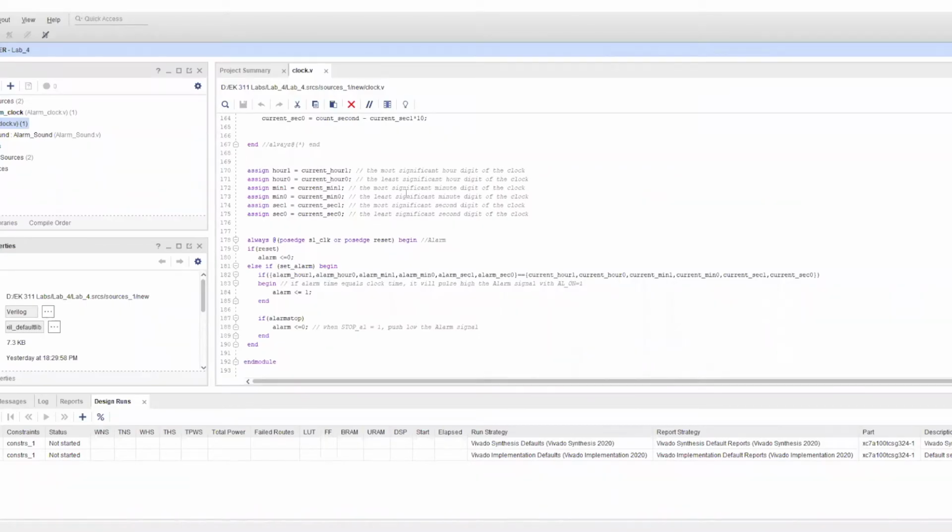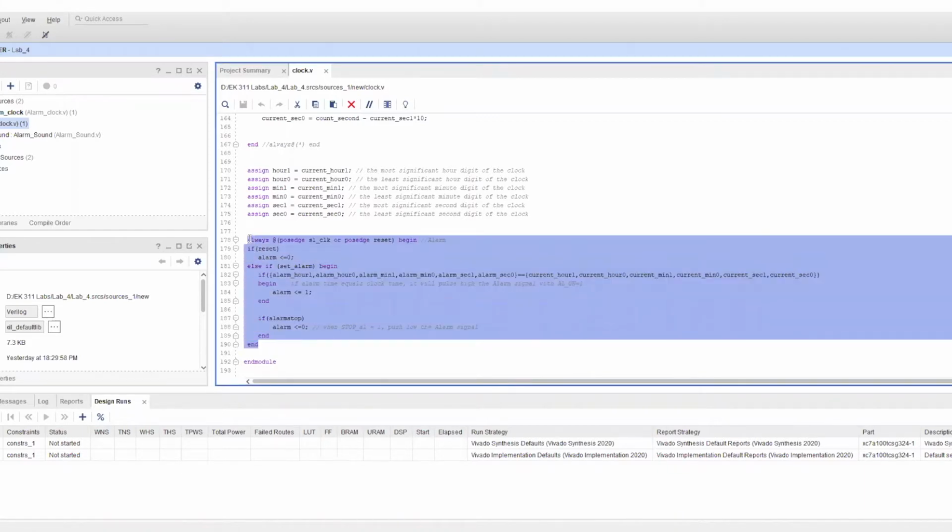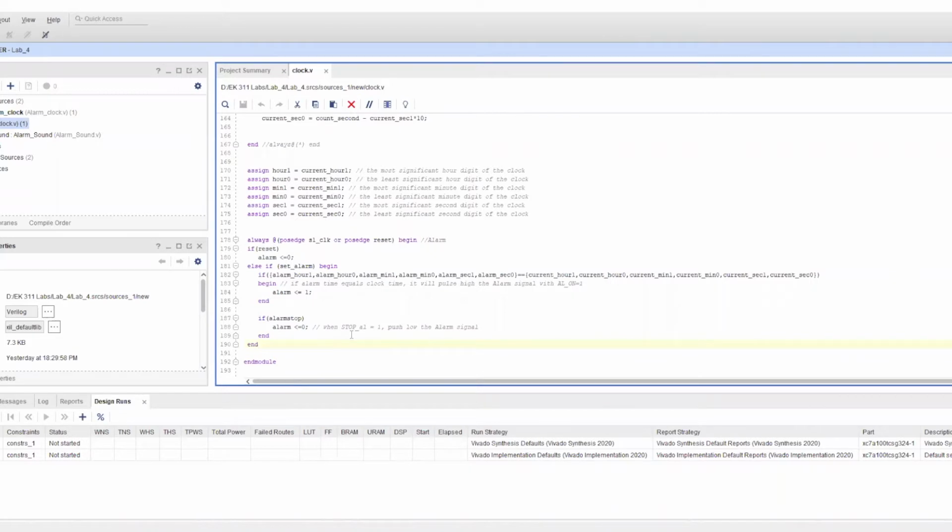All right, for my part, I'll be speaking about the code for the alarm. Over here in this section, we have a simple block for the alarm where if the reset is on, then the alarm would be off. However, when we set the alarm to be on, if the time that we set equals the current time that we wanted to set off, then this variable alarm will become one, which signals